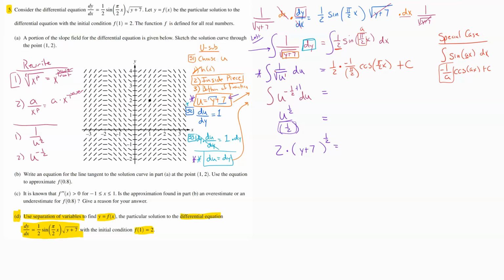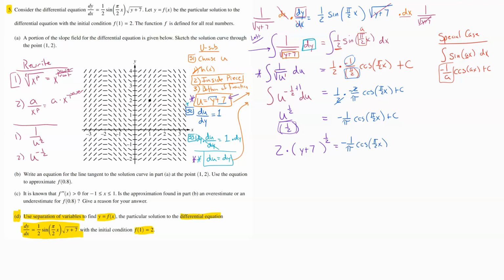Now, I just need to clean up some of this algebra. I'm going to flip this pi over 2 back up. So the negative from the top gets us negative 2 over pi cosine of pi over 2x plus c. That 2 cancels with that 2, and we're left with negative 1 over pi times the cosine of pi over 2x plus c. And then we got done a little bit early on this one, so I'm just going to pull this down here